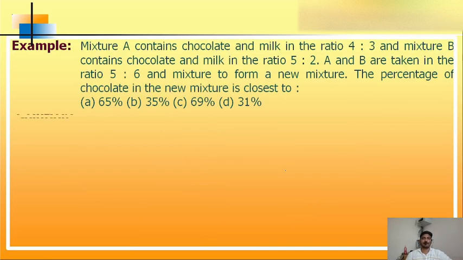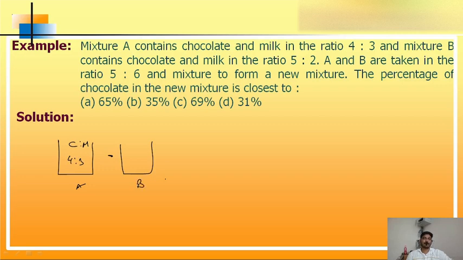Here is the next question. Here also the same thing happens. There is a mixture A. Mixture A contains chocolate and milk in the ratio of 4 is to 3, and there is a mixture B, and it contains chocolate and milk in the ratio of 5 is to 2. This A and B are taken in the ratio of 5 is to 6. What it means is, from A 5 parts are taken, and from B 6 parts are taken, and mixed